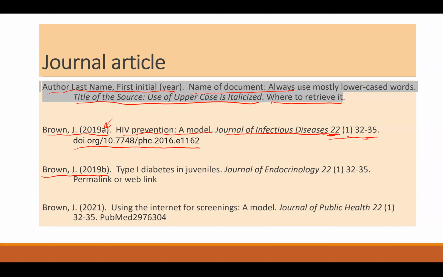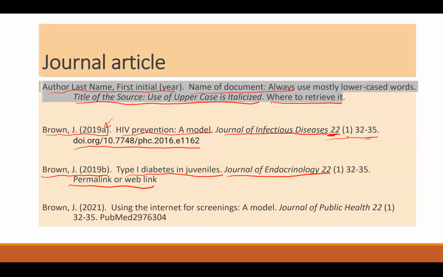last name, first initial, date, the name of the article, mostly lowercase letters, then the journal and the volume, italicized, the number and pages, and then here we have something that does not have a DOI. If you think back to our visit to the library, our research librarian told you how to find a permalink on Towson's website if you're using it to read articles, and sometimes you'll actually use a web link to an